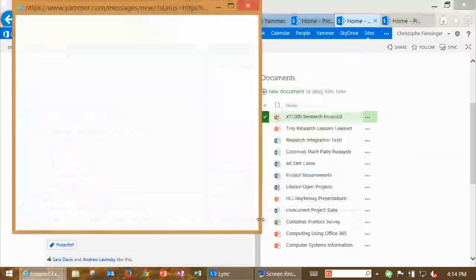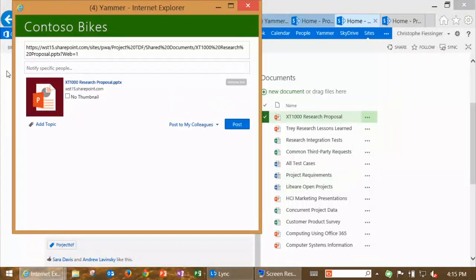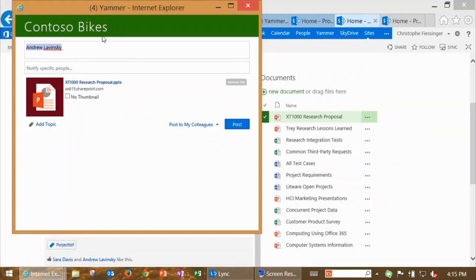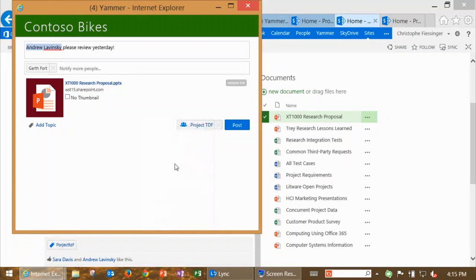The idea, and what we're seeing customers do, is that it's great to do a beautiful deliverable, et cetera. And here I'm going to make Andrew work a little bit. Please review, yesterday. Sounds familiar, right? And then I can put a message. Let's put Andrew's boss, pretend it's Garth, so he's got extra pressure. Here I'm going to scope it to a specific group. I could have posted this to our entire organization. I can put an additional tag, et cetera.